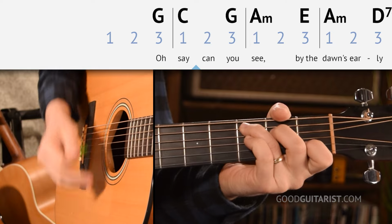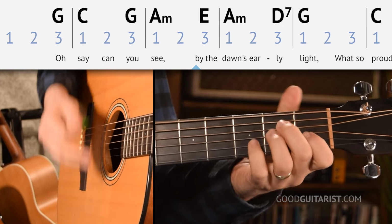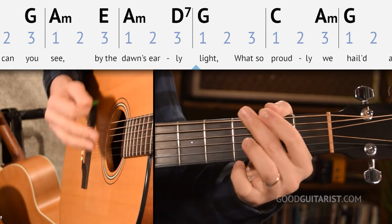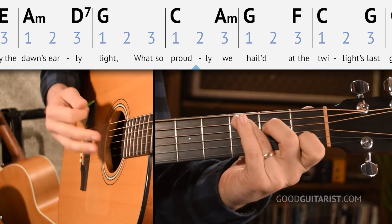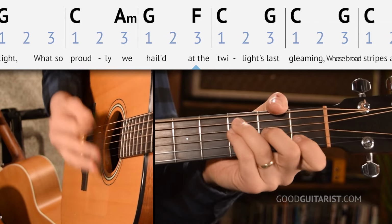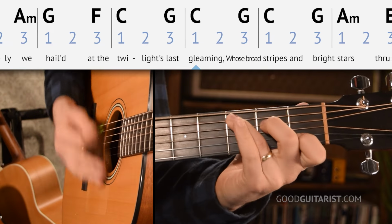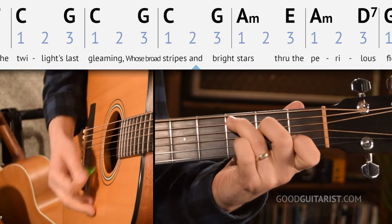Oh, say, can you see by the dawn's early light, what so proudly we hailed at the twilight's last gleaming, whose broad stripes and